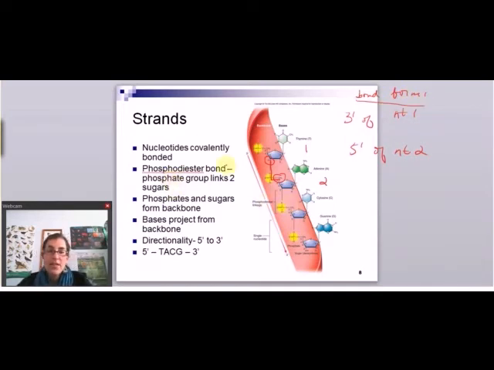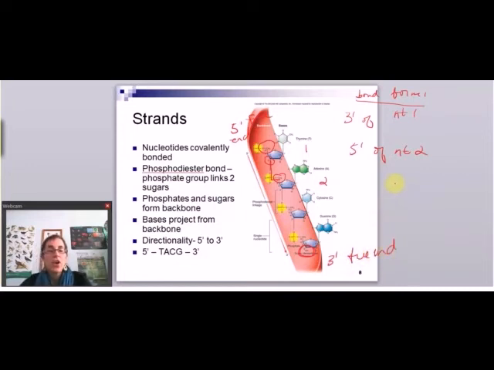Okay, so what that means when I look at this whole molecule is that the top of the molecule in this picture is what's called a 5' end, or to help you remember this, a 5' free end. So notice that here's the 5' carbon, there's nothing else attached to it. If I look down at this side of the molecule, this is the 3' carbon. The 5' carbon has another nucleotide attached to it, so it's not free. So this end is a 3' free end. There's nothing attached to the 3' free end.